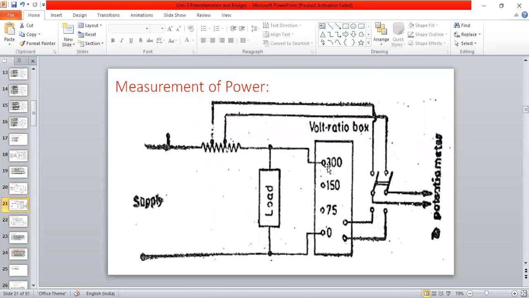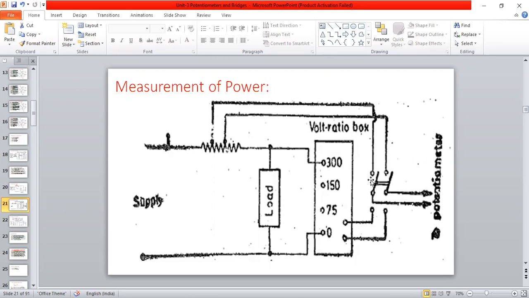The next one is, if we are considering voltage and ammeter here now, then easily we can do the power measurement also. Sorry, the wattmeter, or power measurement, we can do that also. Here the voltage ratio box we have considered. From this one we are going to consider the current here now. By connecting this switch, we can connect to the potentiometer and measure the current, and by connecting to this side, the opposite, reverse, potentiometer to the main circuit and to the potentiometer here.